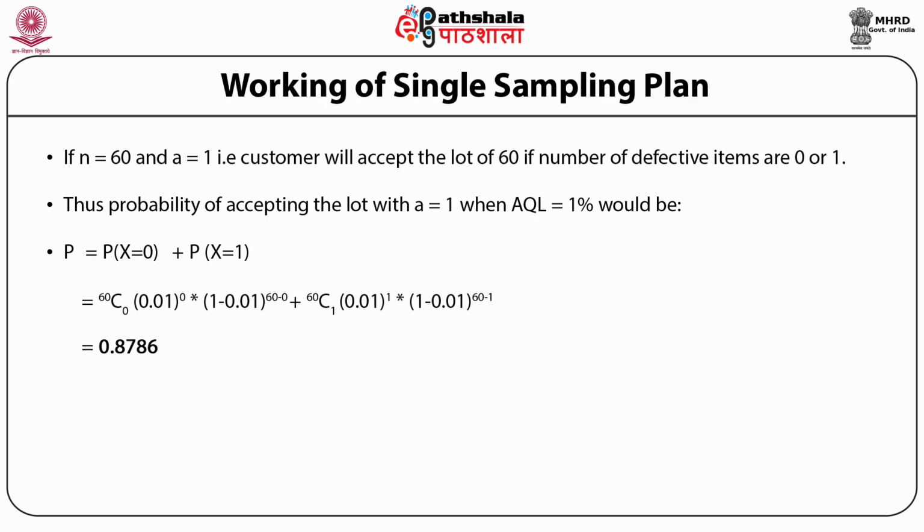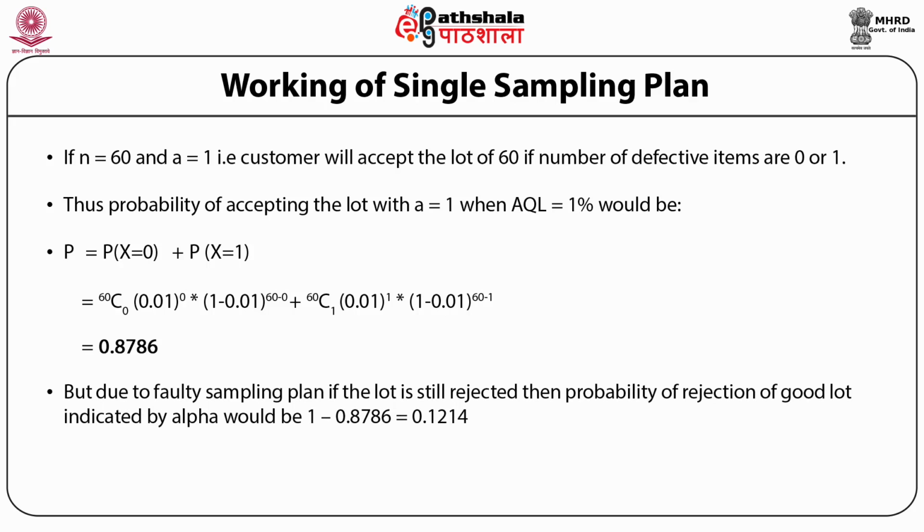Putting the values in the formula, it comes to be 0.8786. But due to a faulty sampling plan, if the lot is still rejected, then the probability of rejection of a good lot, indicated by alpha, would be 1 minus